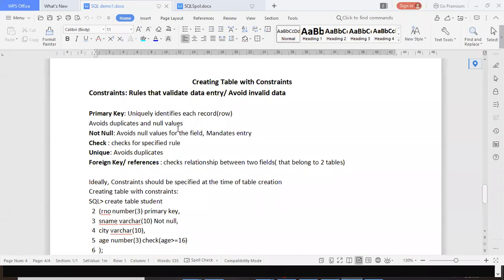Then what will happen? Once that wrong data is entered, if the database accepts it, then the integrity of the data is lost, and it will create problems in other tables as well. So that's why avoiding invalid data, or validation of the data, is very, very important.